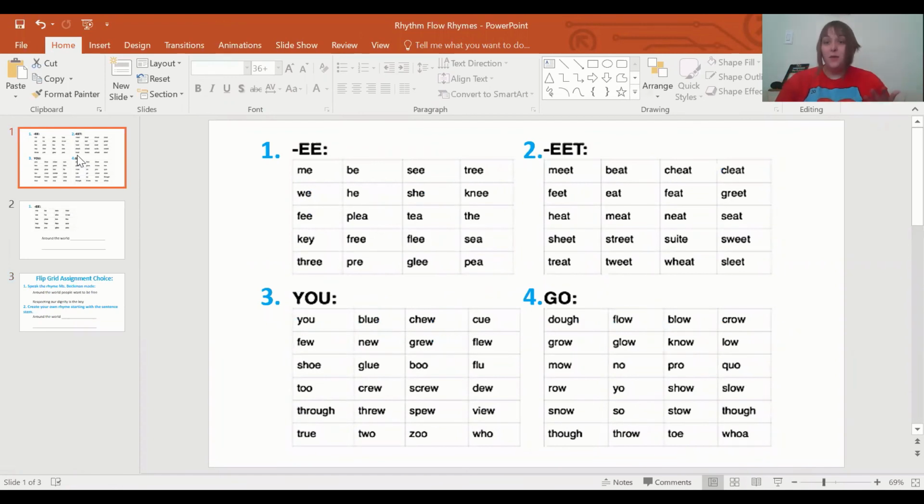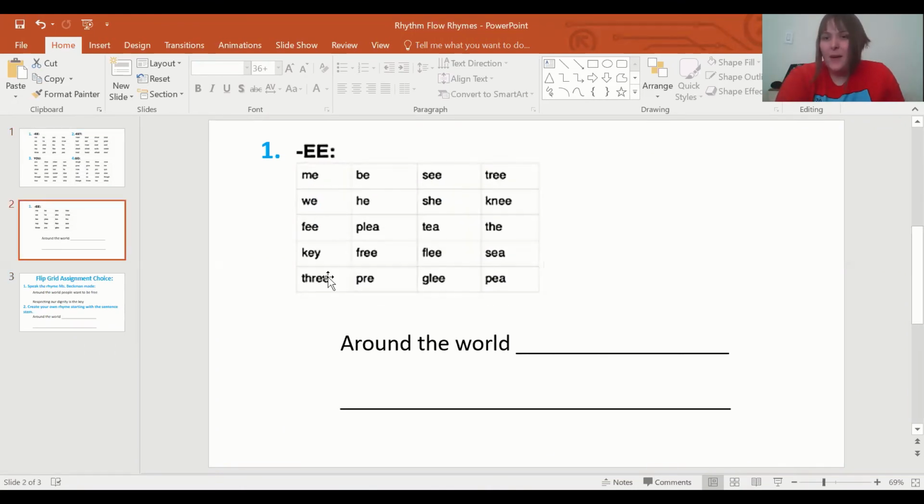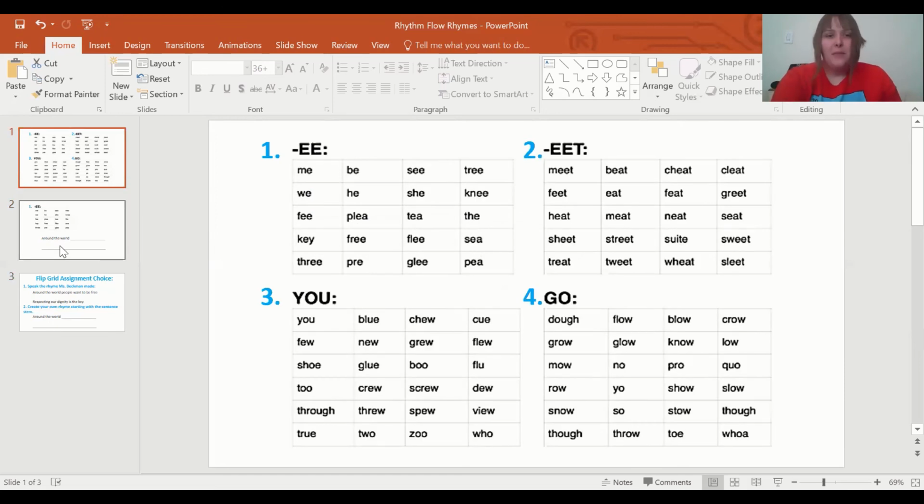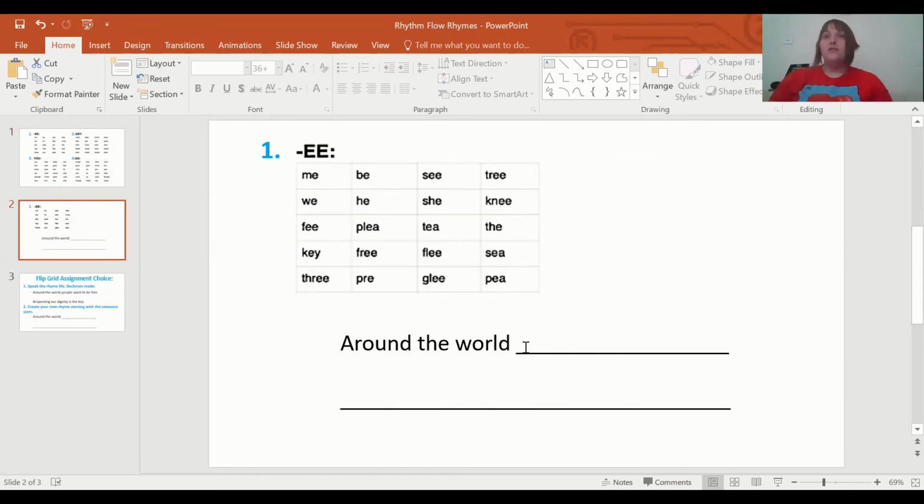All right, students, we're moving on to our rhyming activity today. Last time we worked a lot on rhyming on beat 4 with various patterns here in the chart. I'm going to practice creating 2 lines of a rhyme. Your homework on the Flipgrid is going to be to do the same thing. Ms. Beckman's going to model with number 1. All of our rhymes need to start with the stem around the world.